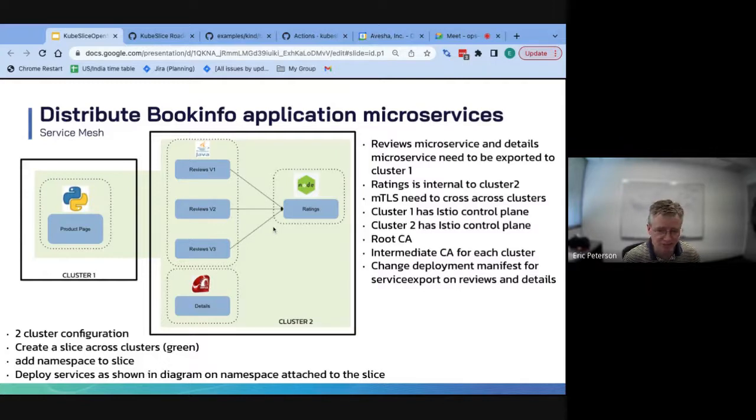Basically go through the process of attaching Istio and all of the certificate management that goes with MTLS, so that when the traffic comes in through the product page and is distributed to these other entities, we're ensuring that all of them are really who they say they are. This example again is a single slice. Conceivably, we could do multiple slices. You could imagine having multiple different book infos spread across multiple different slices in the same environment. So there's some freedom here to play with it in a way that's interesting to you too.